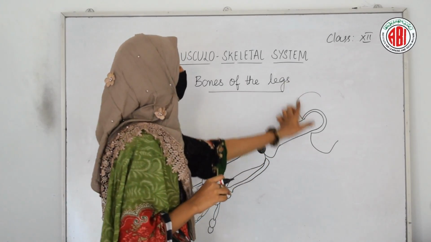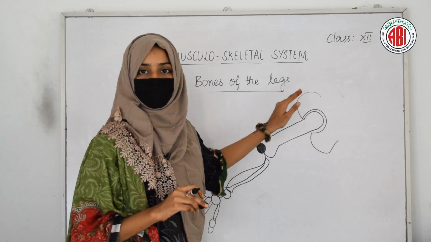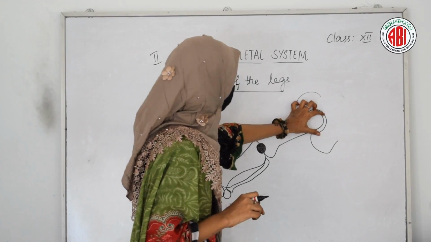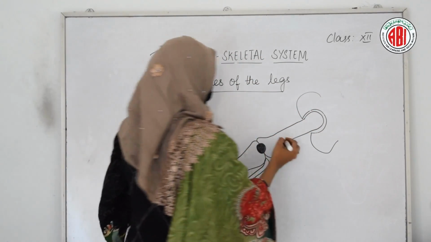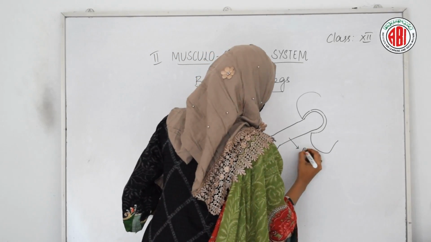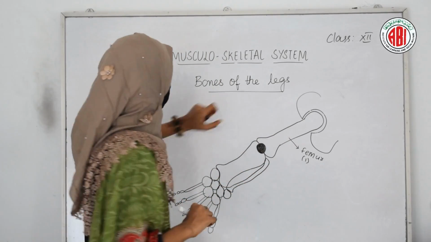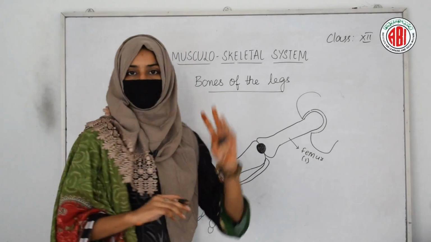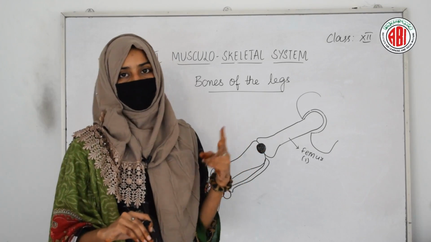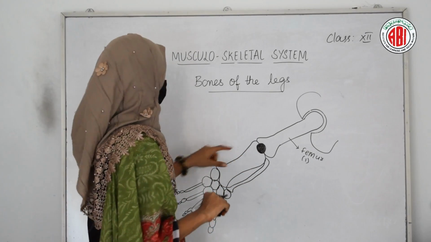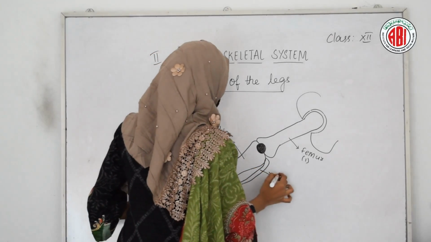We know that in the pelvic girdle, one depression is found. We name that depression acetabulum. Now in the acetabulum, one bone fixes. The first bone of our leg is called the femur. So one femur is found. Now in our hand we have seen that two more bones are present, radius and ulna. Likewise in our legs two more bones are found. One is tibia and the other one is fibula.